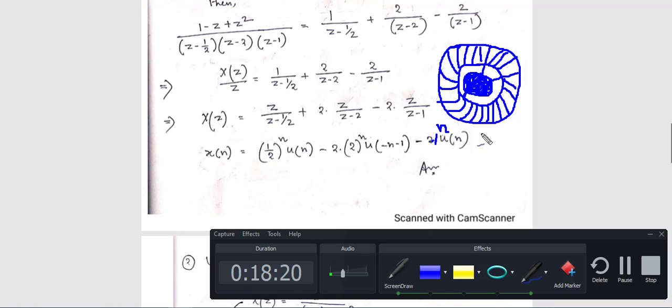Next, this is causal or non-causal. See, here you have a circle, what is the value of pole? 1. So you have this circle, this middle one. Now check, your given ROC is interior or exterior? Again, given ROC is exterior of a circle having radius 1. That means again this is a causal sequence. That means you have to multiply with u of n. So 2 into 1 to the power n u of n, this is a causal sequence. You can write 1 to the power n, or you can neglect this 1 to the power n, no problem, both results are the same. So this is your ultimate result for inverse Z transform.